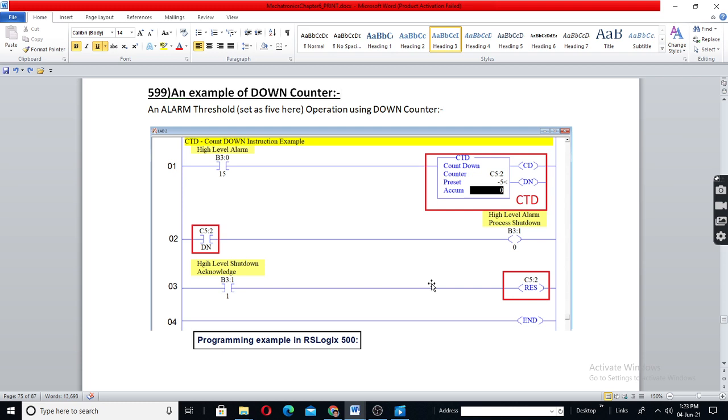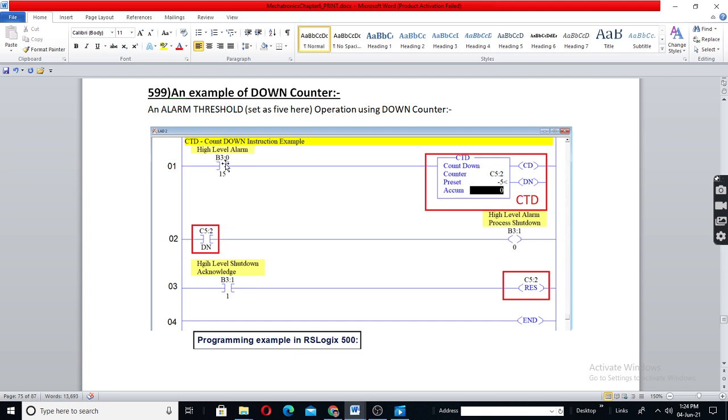After doing that, still if there is no response, it means the threshold has been reached. Threshold means maximum limit. There is some problem. Maybe the person is dead, or some sensors are not working at all. So we cannot continue as it is. So we have to shut down. Okay, so this is about this program.